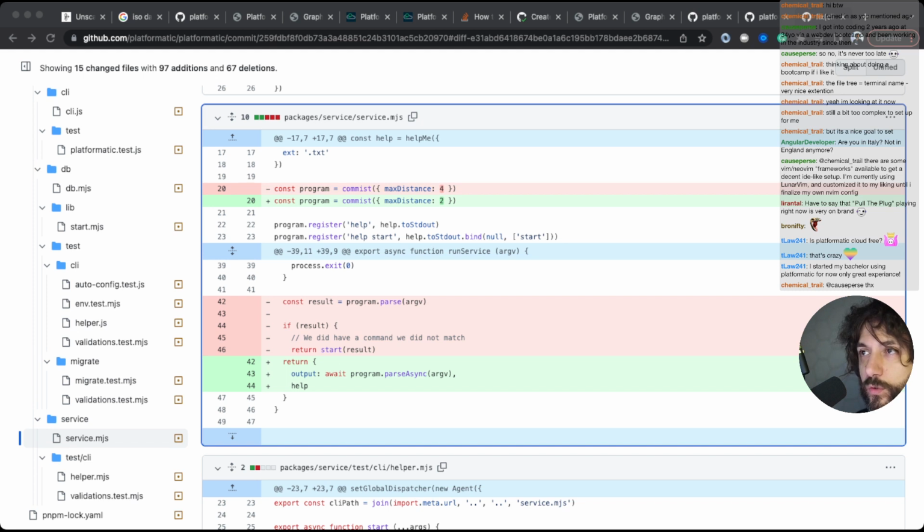They need to join their name and fixtures, platformatic.db.json. Okay, and this is it. Oh, I need this. Okay, close the window. So we are running. Okay, and this is correct. This starts my thing, the database.